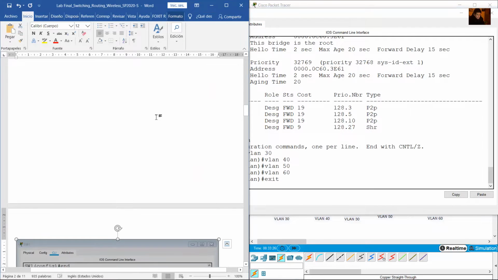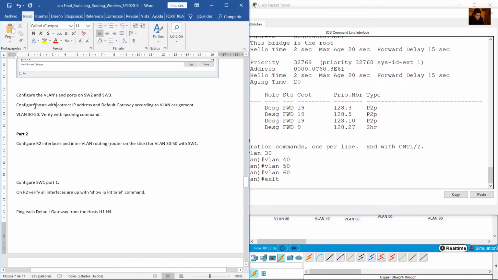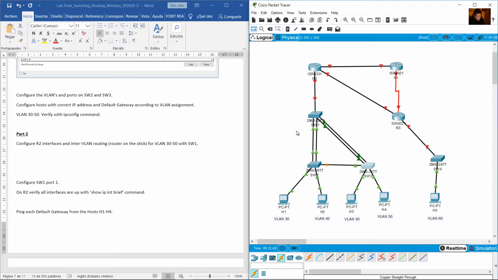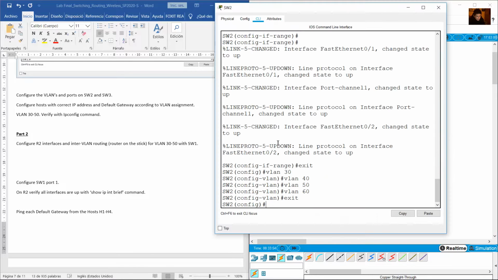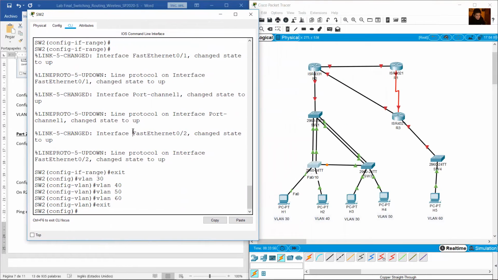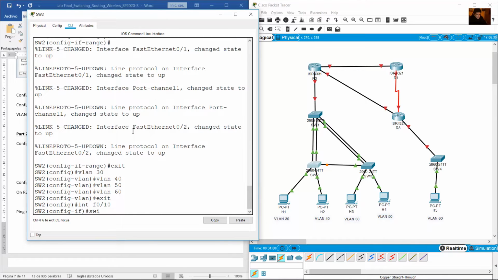Now, configure host with correct IP address and default gateway, according VLAN assignment. Okay, but before to do this, configure the ports Fast Ethernet 10 for VLAN 30. On SW2, interface Fast Ethernet 10, switch port mode access,